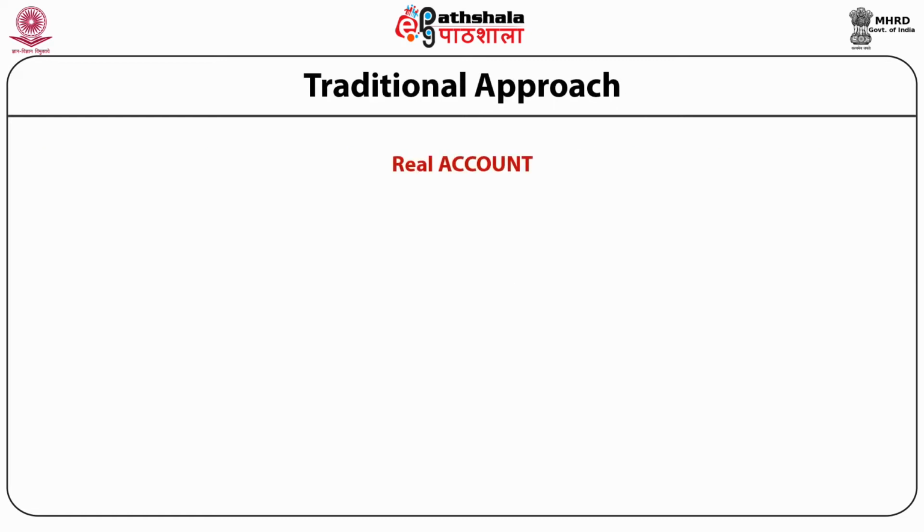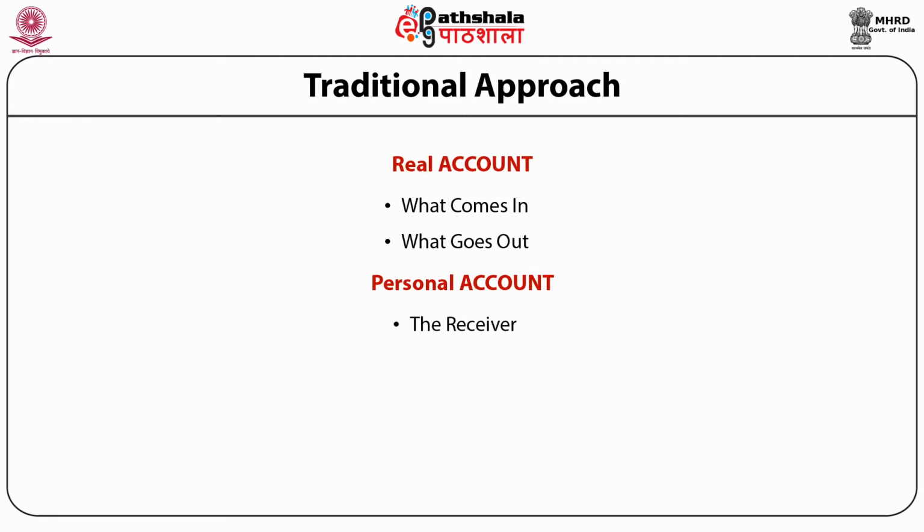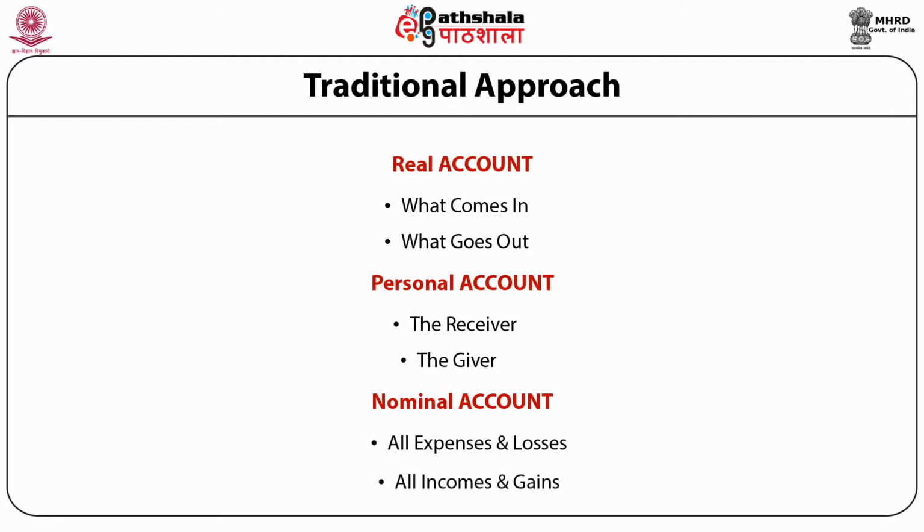In case of real account, debit what comes in and credit what goes out. In case of personal account, debit the receiver and credit the giver. In case of nominal account, debit all expenses and losses, credit all incomes and gains. For example,